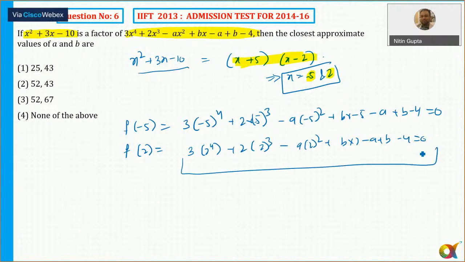Get the values of a and b. Okay, this here. Another easy question, not a difficult one at all. Maybe you can say somewhat time consuming, but